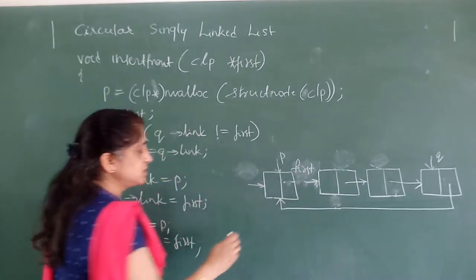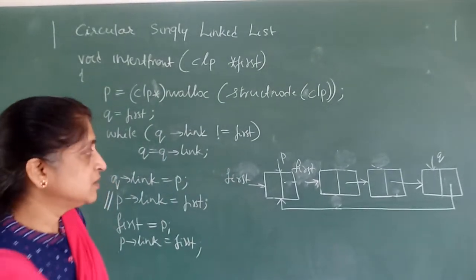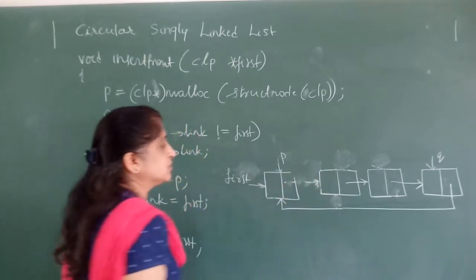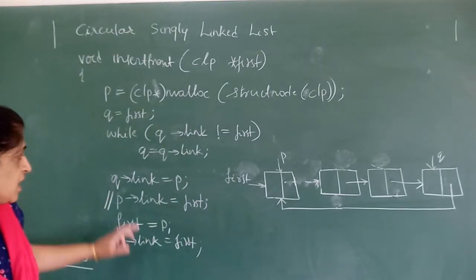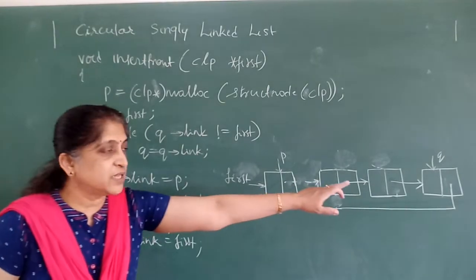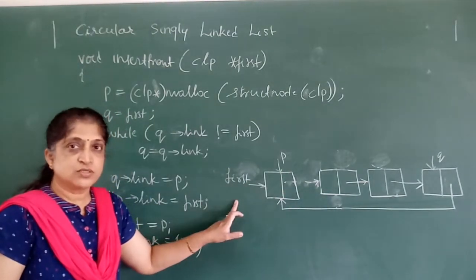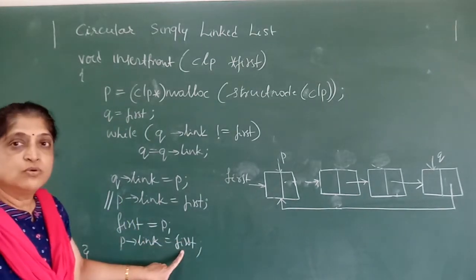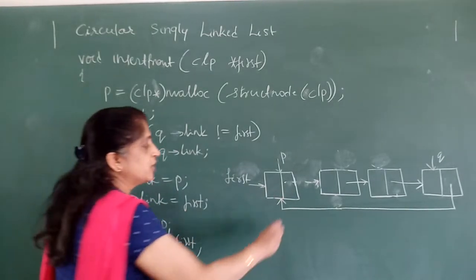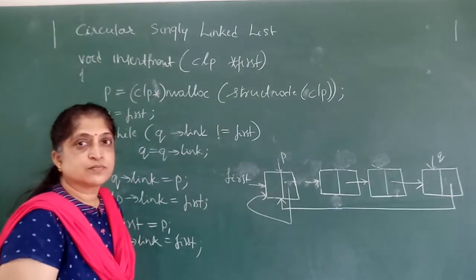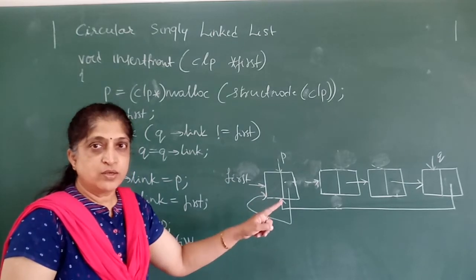So first was pointing to this. I made first is equal to p, so now first is pointing to this node. We have lost the pointer to the first node. Observe what happens. I have written q link is equal to p, so the last node started pointing to this. Then first is equal to p, so first started pointing to this new node. Then if I write p link is equal to first, p link is this field, and it will start pointing to itself. This becomes a circular linked list of one node.